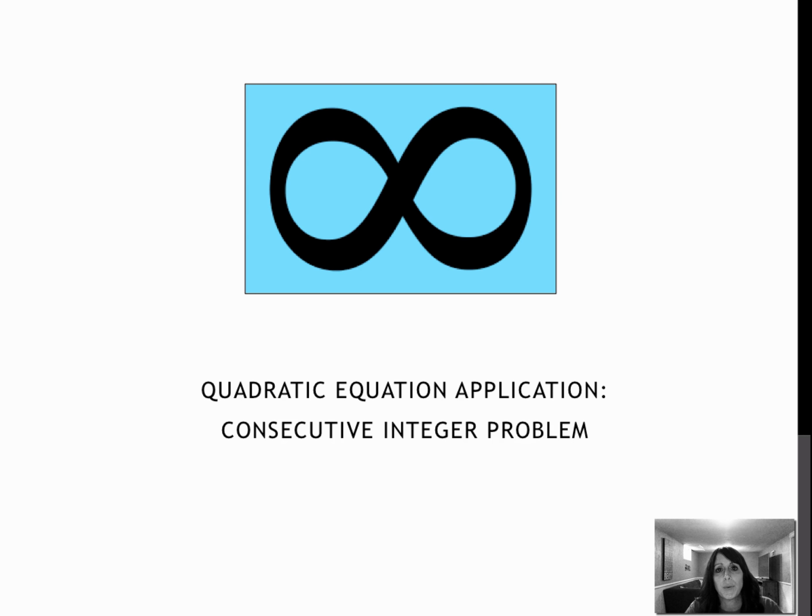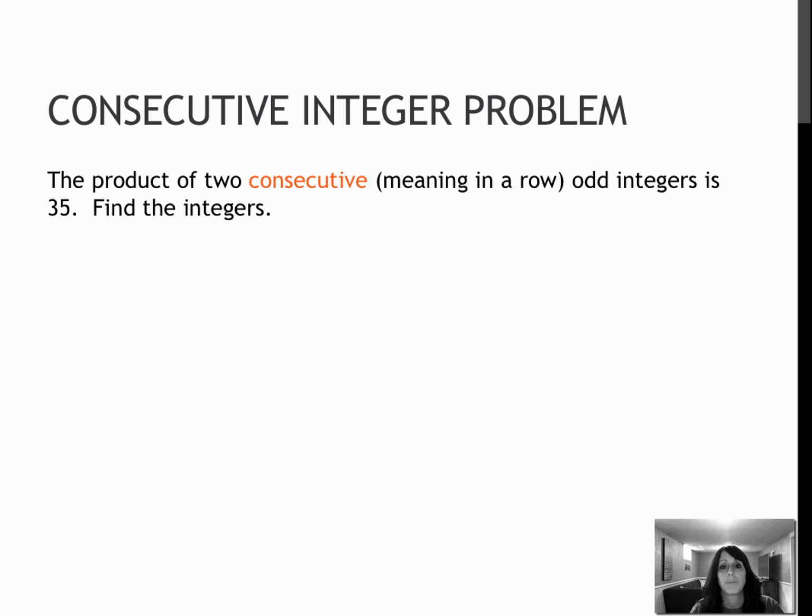We're going to work on 3 different types of applications of solving a quadratic equation using factoring. So for my first one, we're looking at consecutive integer problems. The consecutive integer problem means that we're dealing with values that are consecutive integers, or in this case, consecutive odd